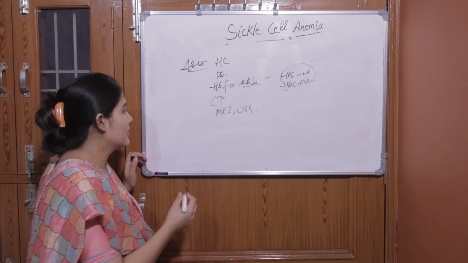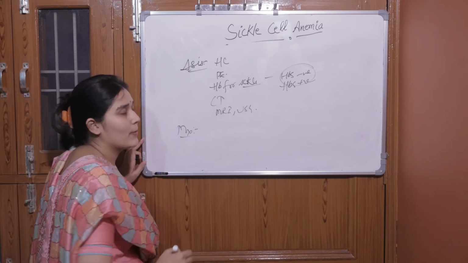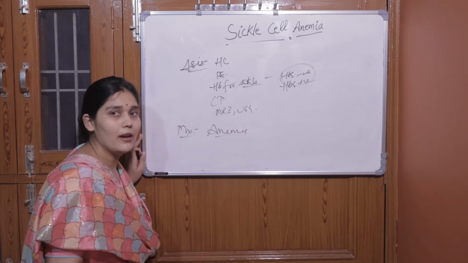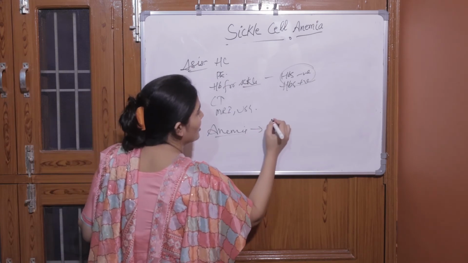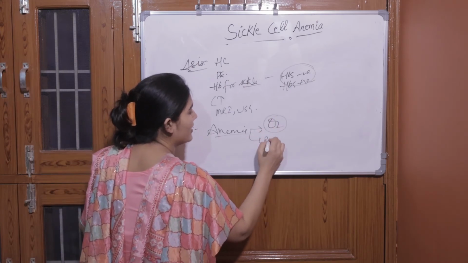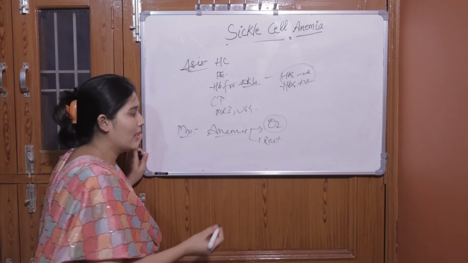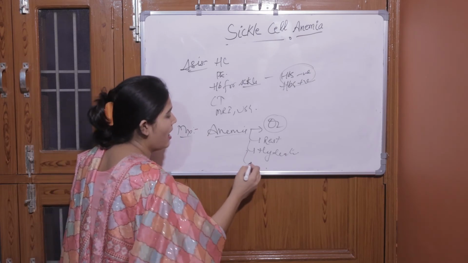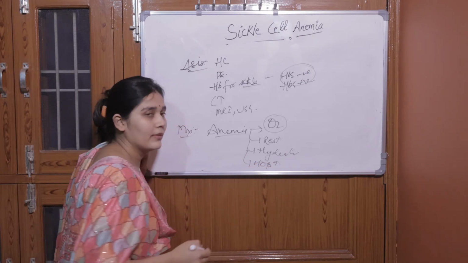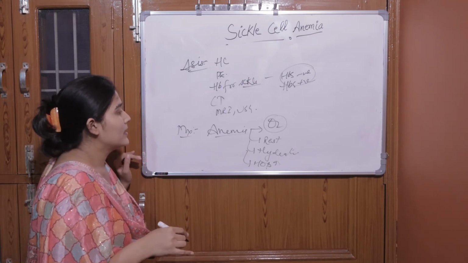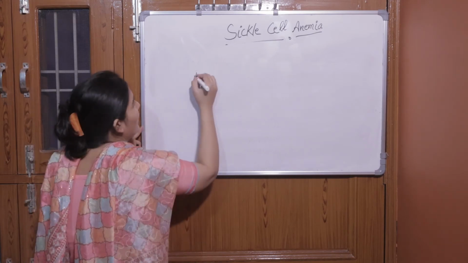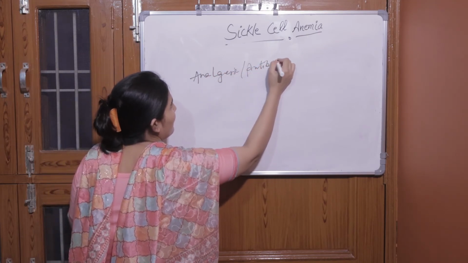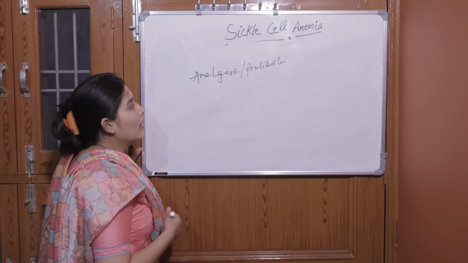Now we will discuss the management, how we will manage a person with sickle cell anemia. First we will manage the anemia. Because of anemia, the person may have decreased oxygen supply, so oxygen therapy can be given, rest should be provided, and hydration status should be maintained. If the child has tachycardia and tachypnea, the head of the bed should be elevated. Second, because the person has blockage, analgesics can be given, or antibiotic therapy can be given